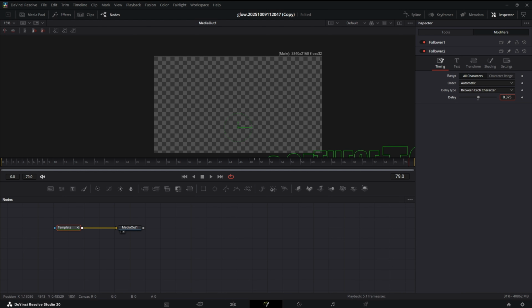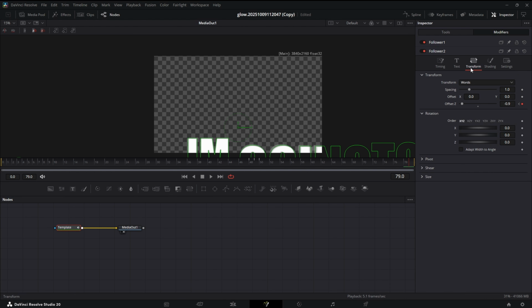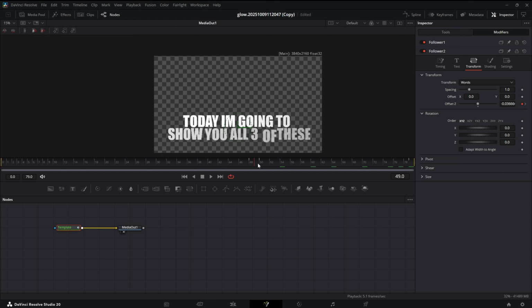Let's up the delay till we just can't see it right on that last frame. Let's change the order to random but 1 by 1. And we're going to have to go back into the transform tab and adjust our Z offset again. So let's crank this up until everything's gone. 0.1. Let's see how this works.